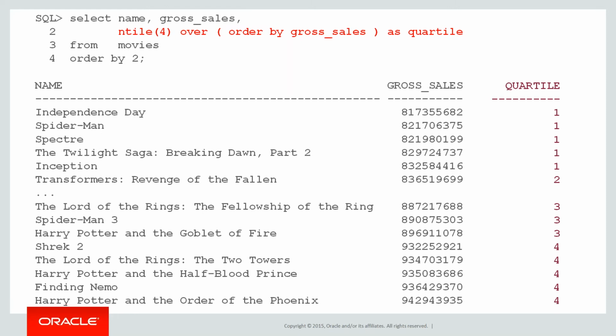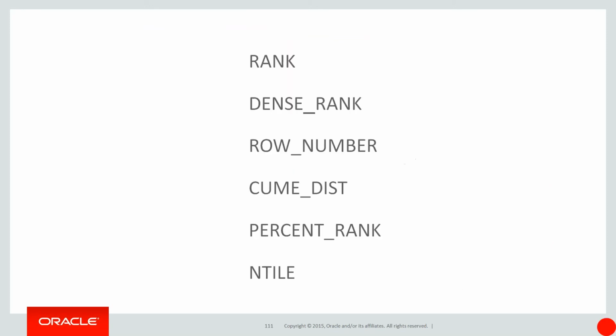So if I run that, it gives me an assigned quartile number to break the data up. So I could group by that or order by it, etc. So Independence Day being the lowest of the grossing gets quartile number 1. I go right up to Harry Potter, which is the highest of the grossing, that's quartile number 4. Okay, so in that case, that's how we work it. If we wanted to flip it around such that the highest grossing ones had quartile 1, we would simply order by gross sales descending. So there's lots of ranking options. We've got 6 at least, all for just doing functional ranking of data. That's pretty cool.